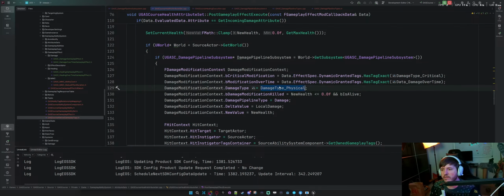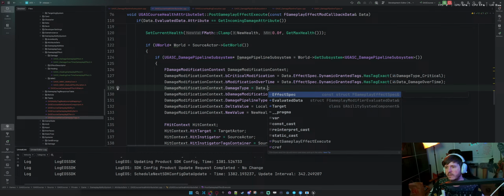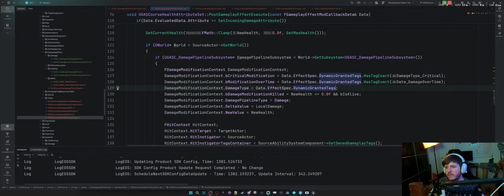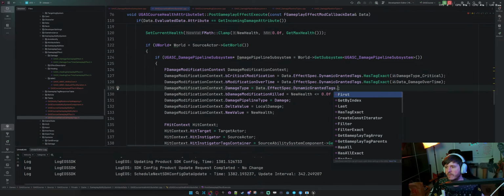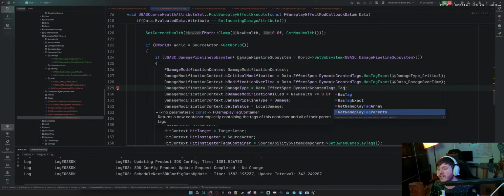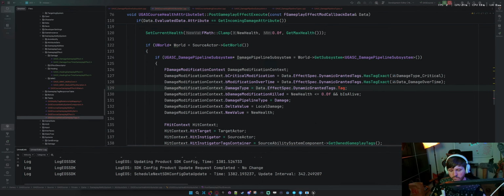But now this one is going to be data dot effect spec dot dynamic tags dot find or get. What options do we have? Get gameplay tag array. See how to get a, okay. Tag is present. Any.